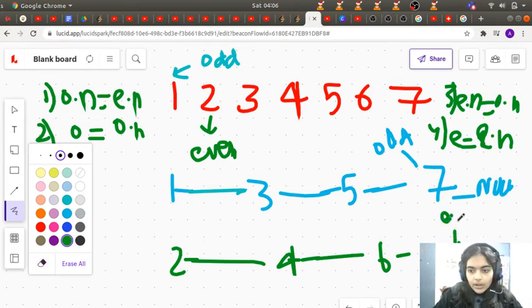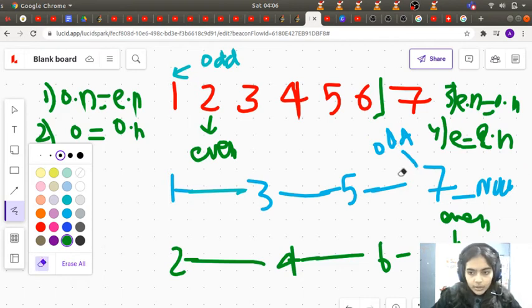So now we know we have to stop the iteration. Our end case will be when even becomes null or even.next becomes null. If we had even elements only up to 6, then even.next would become null, so then also we have to stop the iteration. So this will be our end case, and now we just have to attach this to the next element.